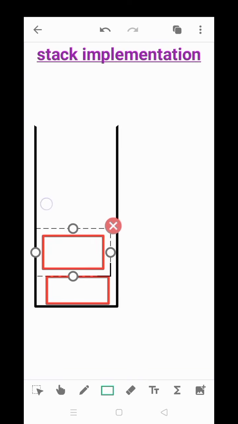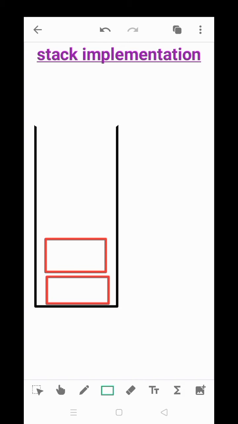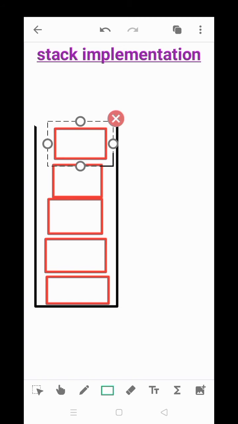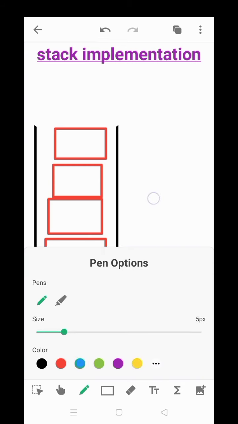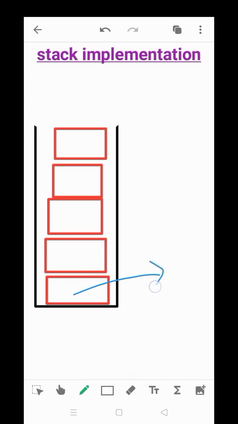It's just like arranging a stack of plates. Like this we will arrange the elements. If we insert one element first, then we can remove it at last only. Here we cannot remove this object from here.